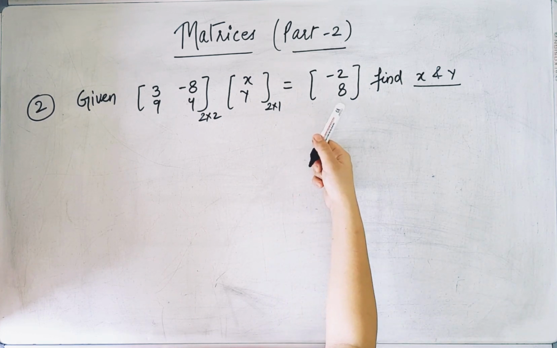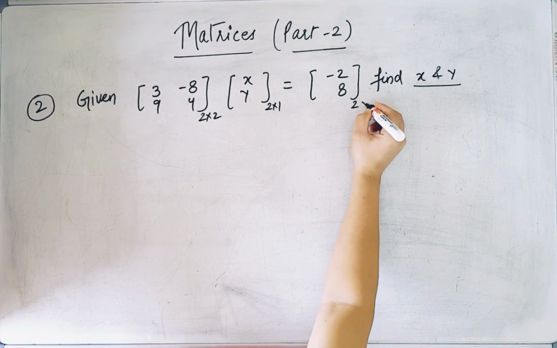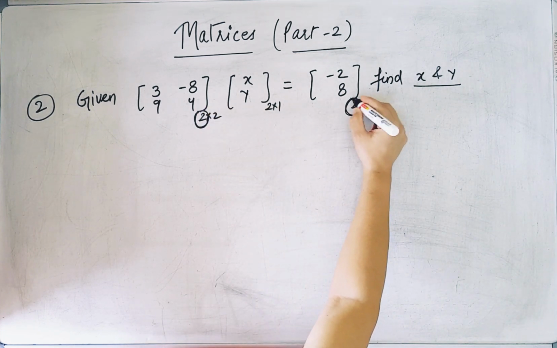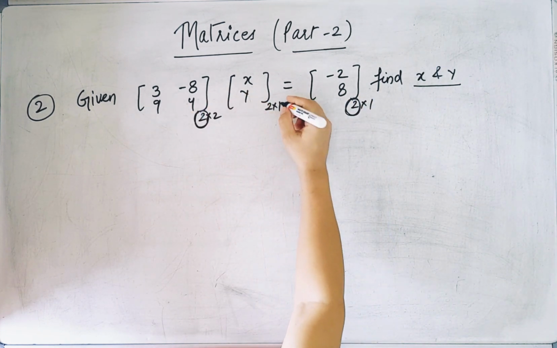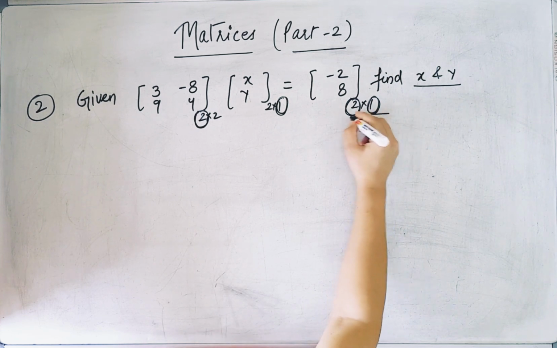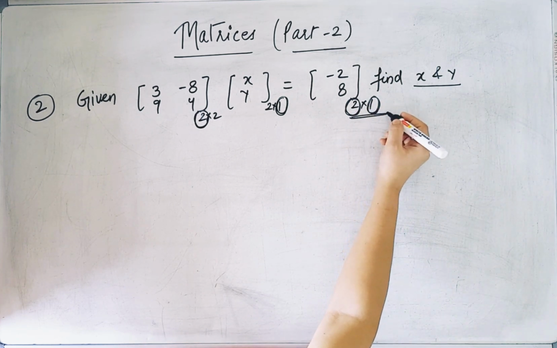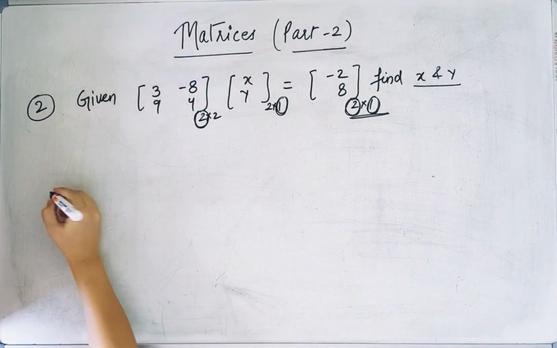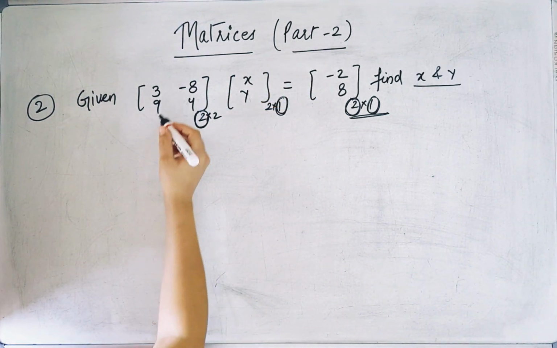If we look over here, here order is what? 2 into 1. That means यहाँ पर rows क्या है? 2. So here also rows 2. But second matrix के हम क्या कॉलम देखते हैं? तो इसलिए इसके भी कॉलम क्या होंगे? 1. Therefore इसका ऑर्डर क्या रहा? Row into column. Row of first matrix and column of second matrix. Now we'll solve this question.